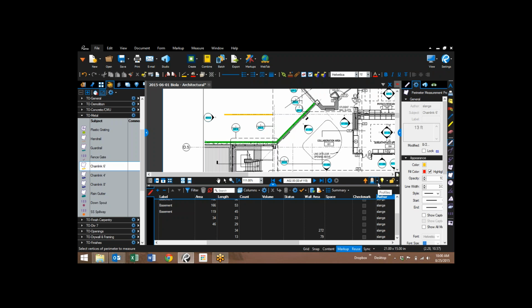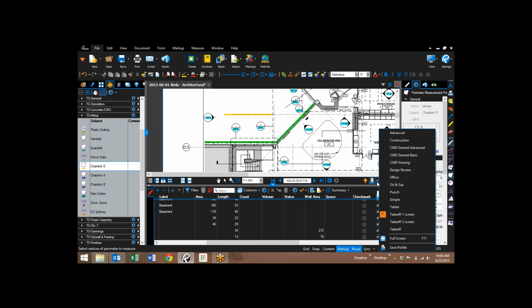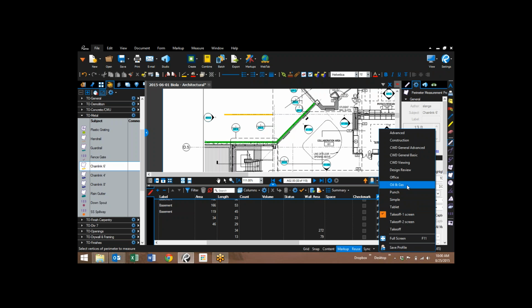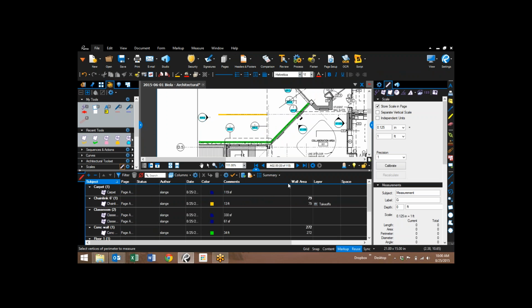So if I wanted to change back to a profile where I'm not doing all this stuff, you can just click on the construction one. If I click on the arrow next to my little man, which is the profiles icon at the bottom right of the screen, you can click on the different profiles that are there. So construction is one that comes default. So if you click on construction,